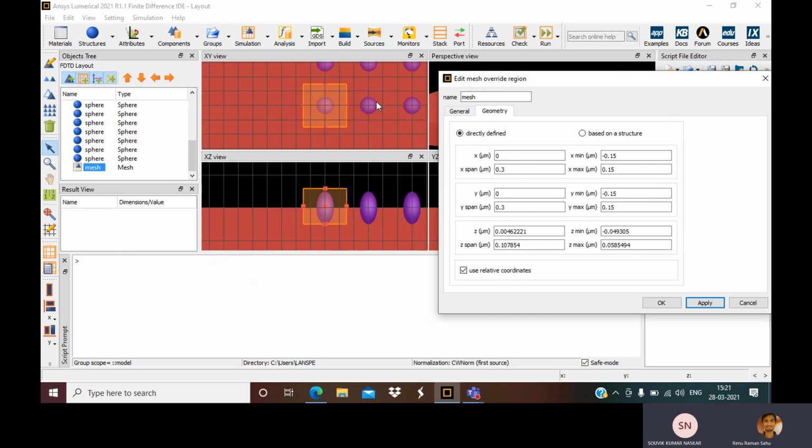Okay, so now since we have that, let us make the z part a little longer. Why does it have to be longer? As a rule of thumb, the detector and the source have to be far away from the substrate, right?